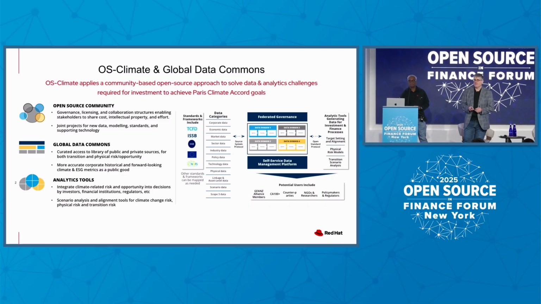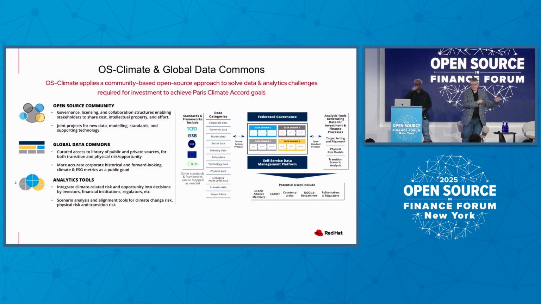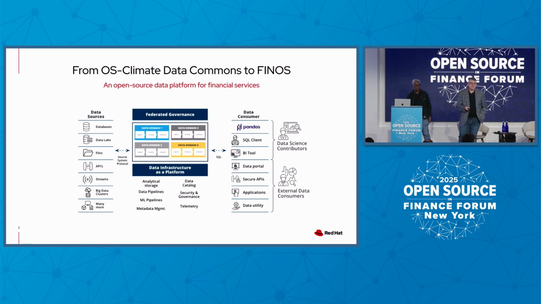All right, so let's talk a little bit of history and how we got here today. The origins of the talk today is in a work stream of the Linux Foundation called OS Climate, and the primary goal of the platform that we're building has been to aggregate and enable, not climate researchers, but financial institutions to incorporate climate data in the way they assess risk. And for that, we thought about building a data platform that's able to aggregate data from different sources and put it together.